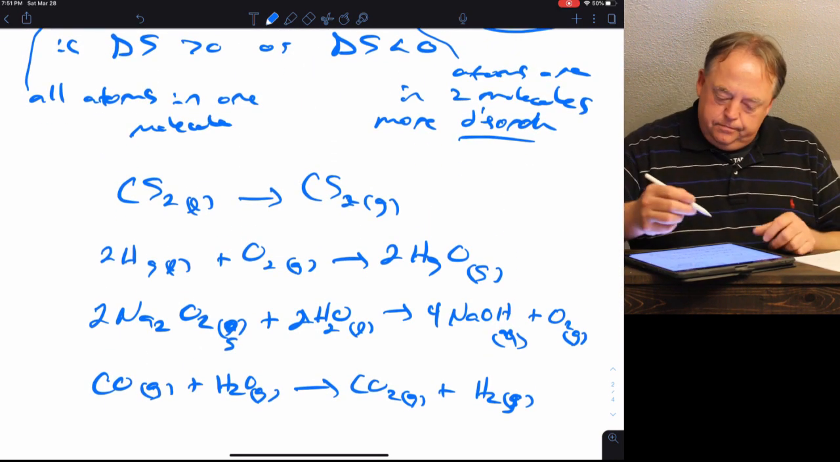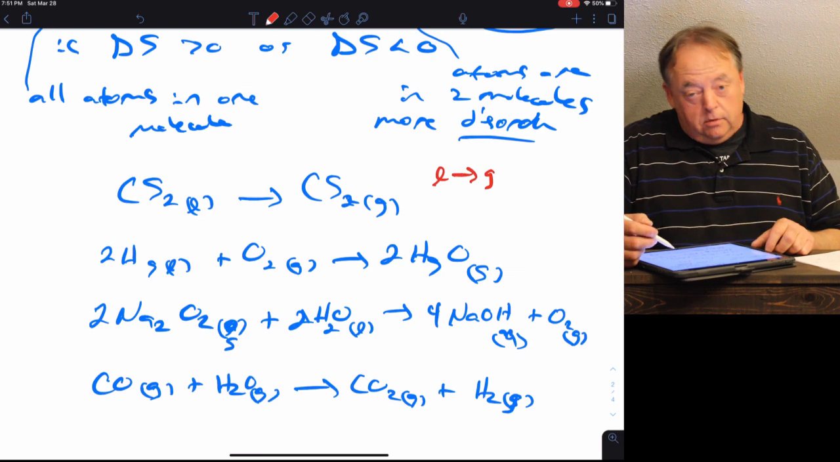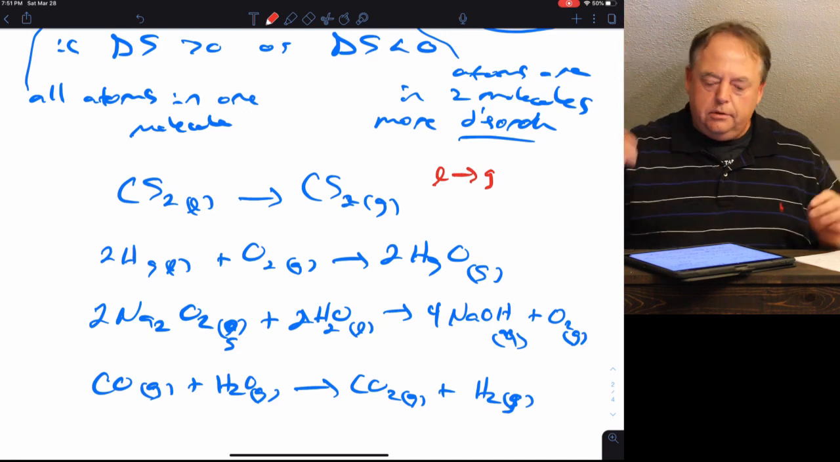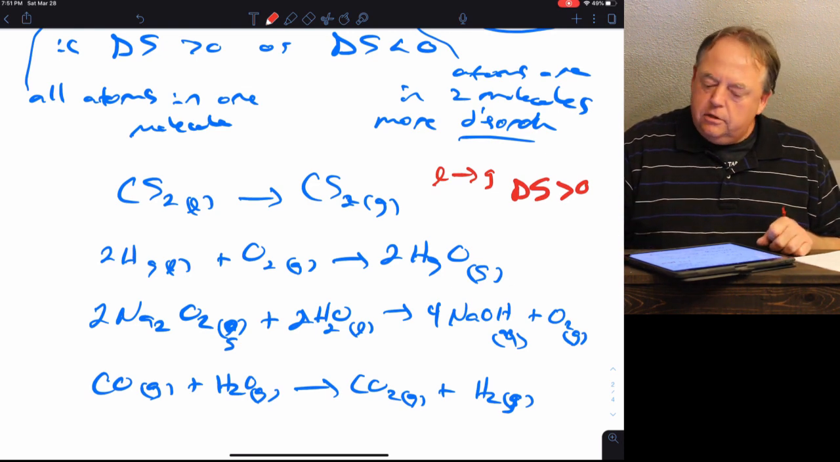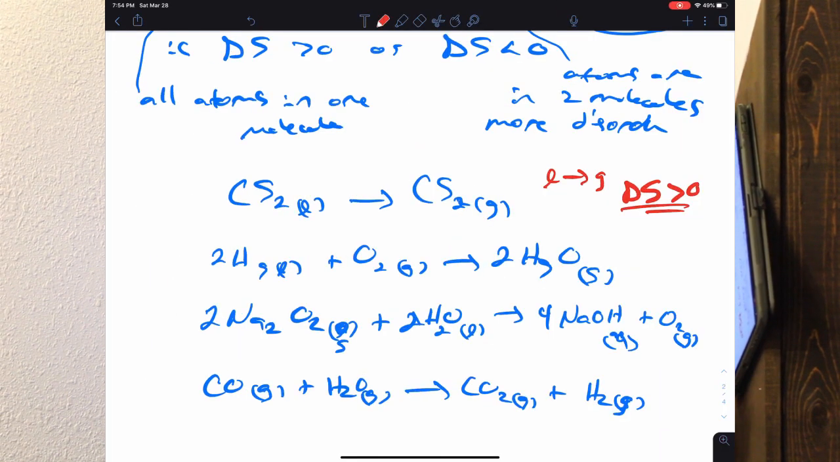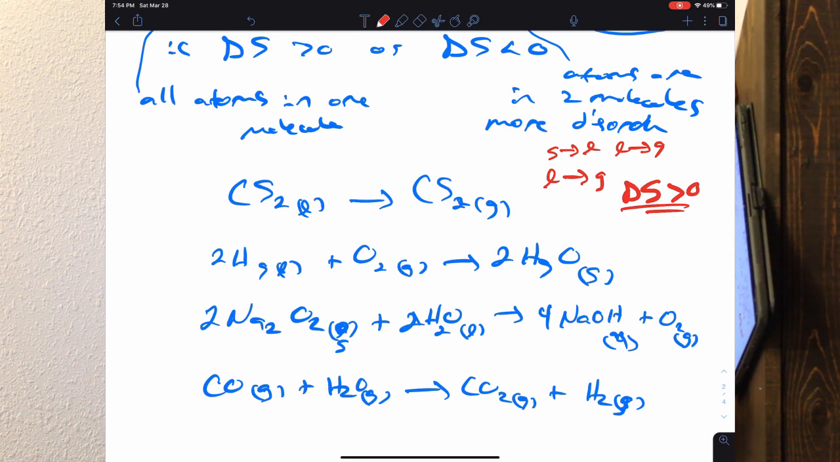Okay, so if we take these four, in the first one, a liquid goes to a gas. Which is more disordered? A gas would be more disordered because once the molecules are in the gas phase, they can move all over the place. So this would be a positive entropy change, greater than 0. In general, going from a solid to a liquid or a liquid to a gas, if you're doing a phase change, so solid to liquid, liquid to gas, or solid to gas,